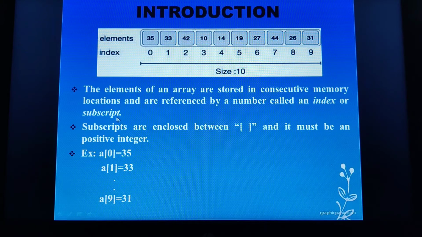Now when I am referring to the subscript or the index, how will you know it? It is represented by square brackets. So subscripts are usually represented in the form of square brackets, and it should be a positive integer. It shouldn't be like int a of -5. I can't write that way.